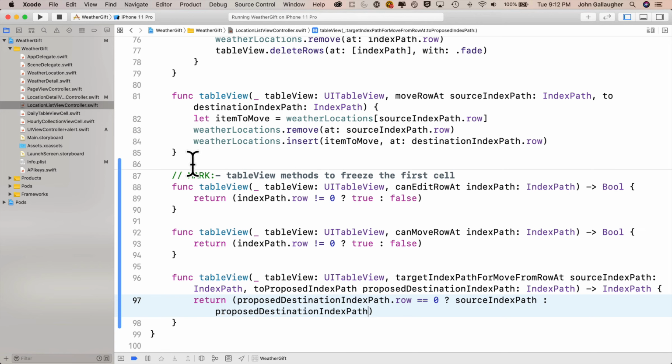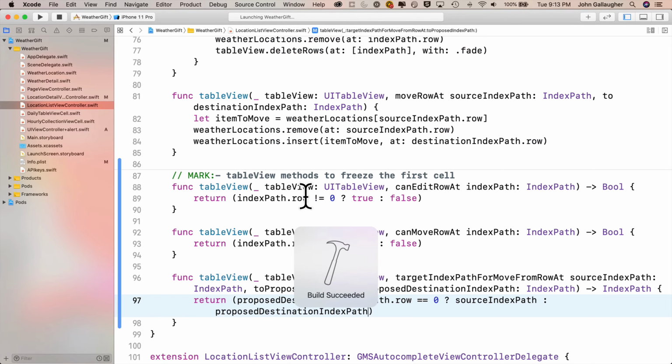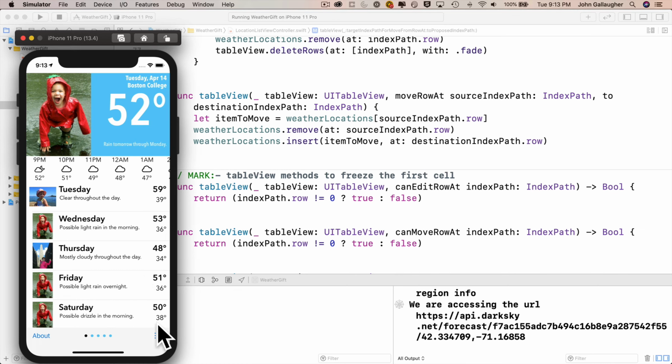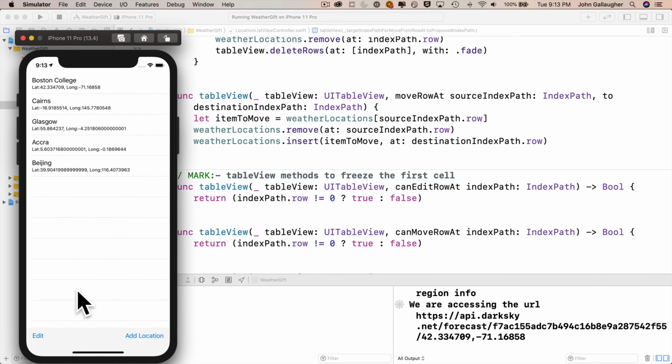Let's build and run. No errors. Hammer time. Moment of truth. Let's take a look at our individual locations. Click on the edit button. The table view will call the functions that we wrote. They'll check, can we edit a row? Can we move the row? Since that's not the case for indexPath.row equals 0,